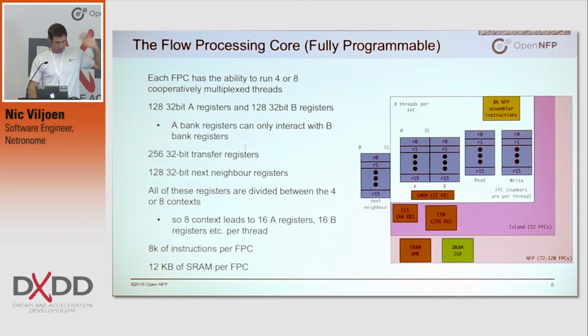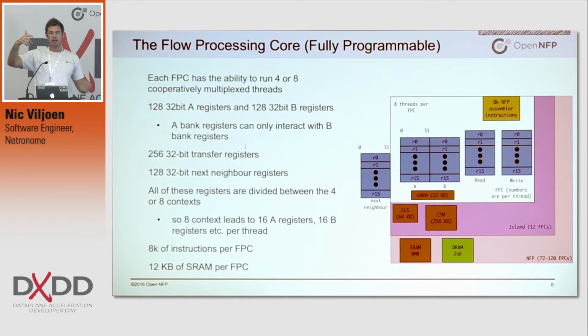This is the flow processing core in more detail. I'll try and spin through these because obviously we're slightly tight on time now. This just gives you more idea of how everything fits together. You've played with the chip already today. You've got some idea of how this all fits together. You've got 128 32-bit A registers, 128 32-bit B registers, and these interact with each other. So that's the key thing, is that you've got these A register and B register banks, and they interact with